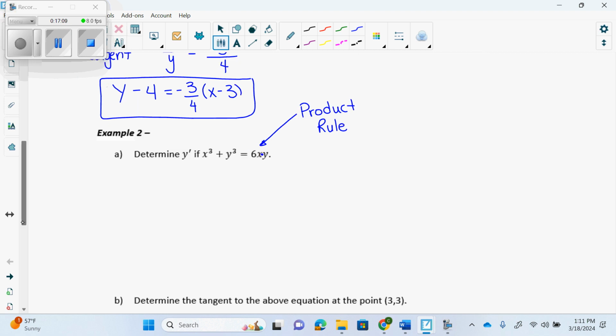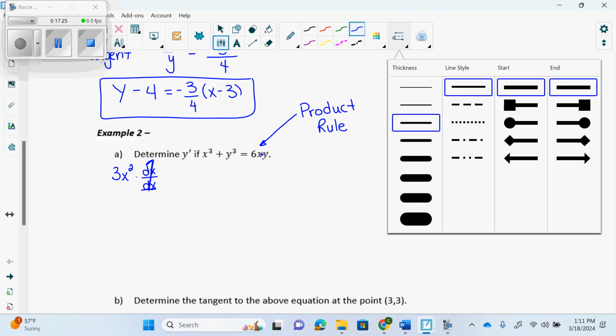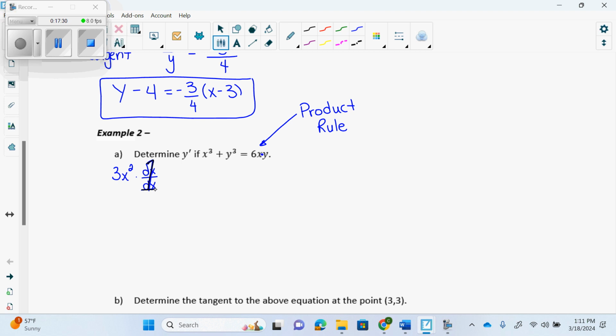So the derivative of x cubed is 3x squared. Technically, with respect to x, and it is the variable x, which cancels. You don't need to show this step. Remember, I'm showing it to prove a point. So that became a 1. Okay. Then I have plus the derivative of y cubed is 3y squared